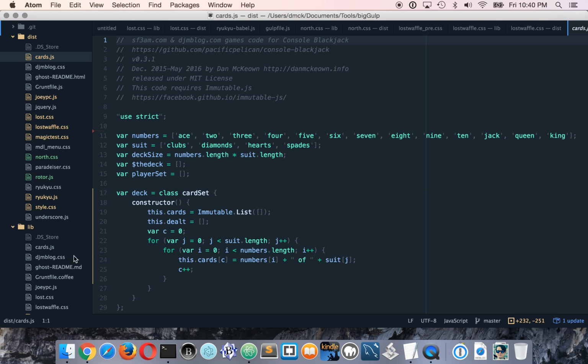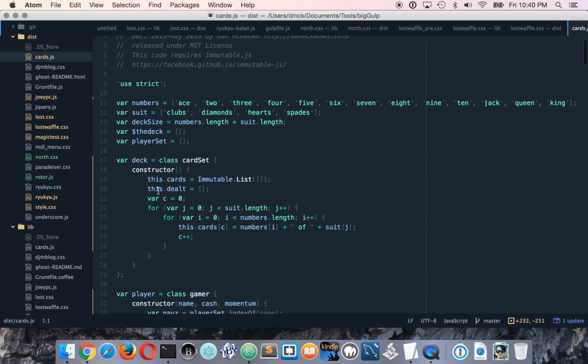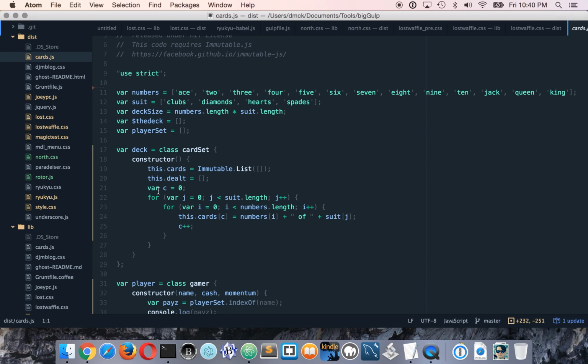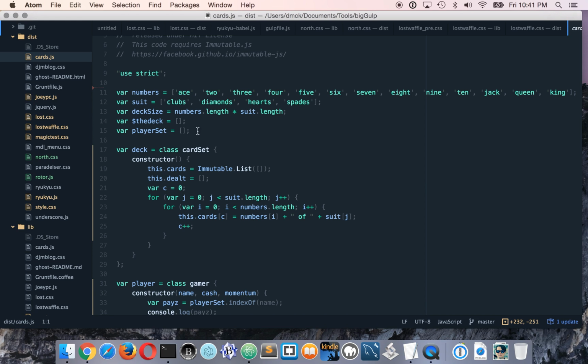In fact, we are looking at a file that uses the class declarations. So this is something that we are going to have to adjust to now, because the default behavior of Babel